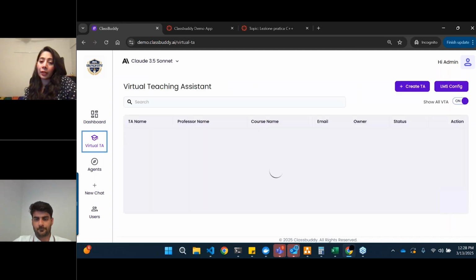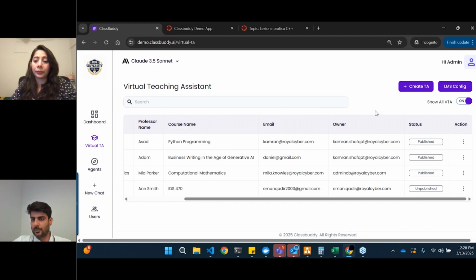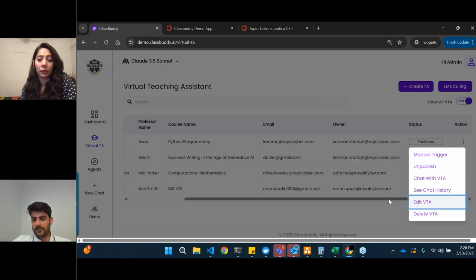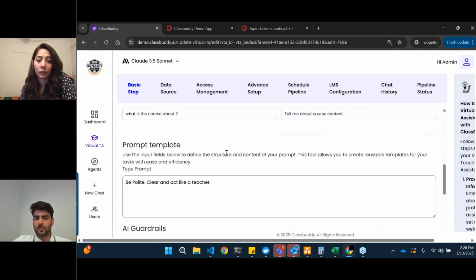Right. And can a professor fine-tune the AI chat module? Fine-tuning, not exactly on the large language model, but prompt tuning is something that you can do. As I showed over here, you have the prompt template. You can use this to iterate over different kinds of prompts that you want the AI to adopt. Let's say what I've seen in some examples is that they want the AI to adopt the persona of a PhD student